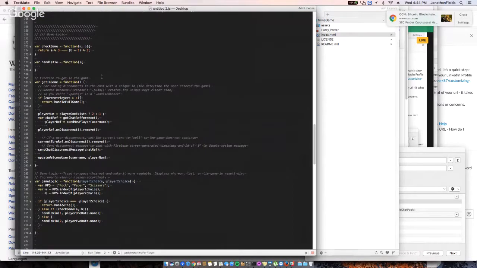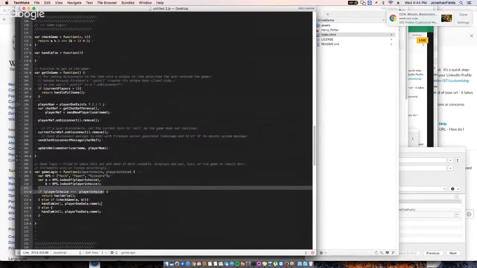As Pedro suggested in class, we basically just need to do this. We need to see if the one that comes next comes before the one that comes before it, and we just keep looping around. So rock comes before paper, so therefore paper beats rock. Scissors comes before rock, so therefore rock beats scissors. So we can just use this logic here to check who wins the game, or we can just check if the two equal each other to see if there's a tie, which we do here. So I made the logic a little bit simpler, and basically I broke it out into these 3 functions that